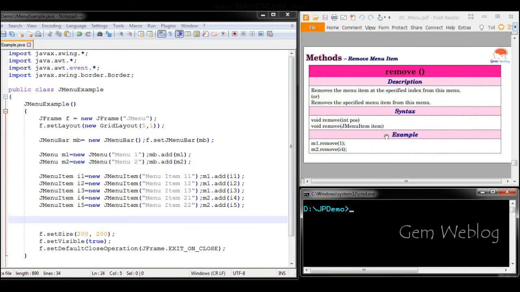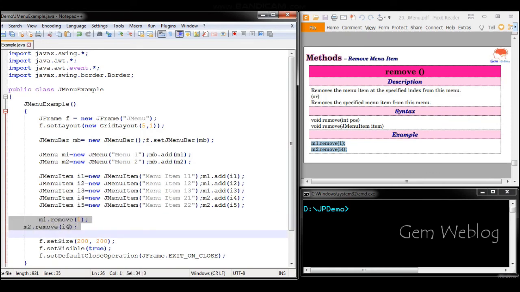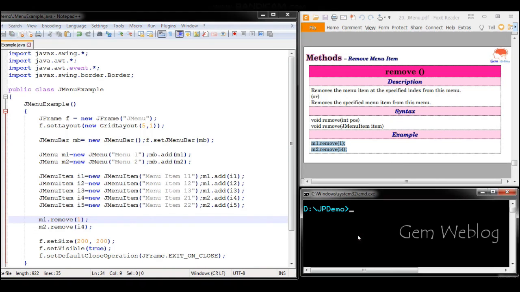Next we are going to discuss how to remove a menu item from the given menu. This also can be done in two ways, by providing the index value or by the menu item object. Now we are going to remove the menu item available at the first index from menu 1, and we are going to remove the menu item object I4, which is nothing but the first menu item of the second menu.